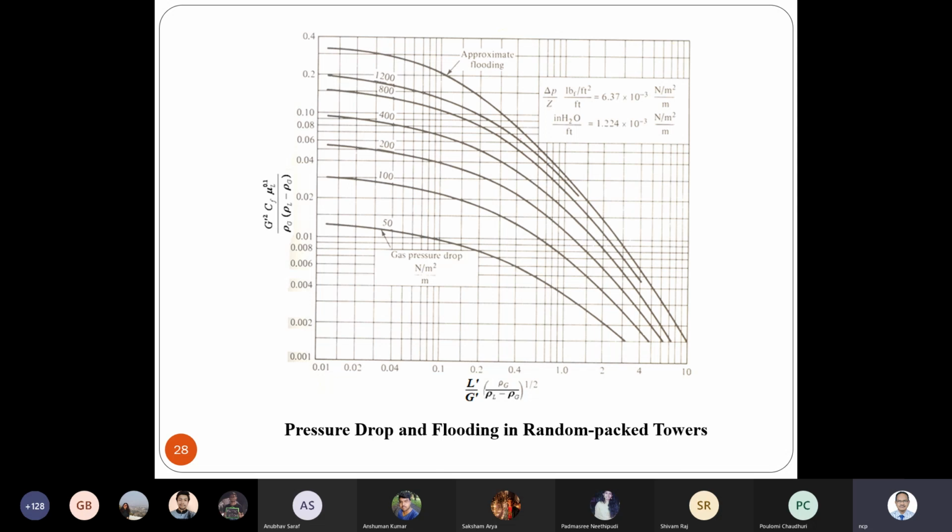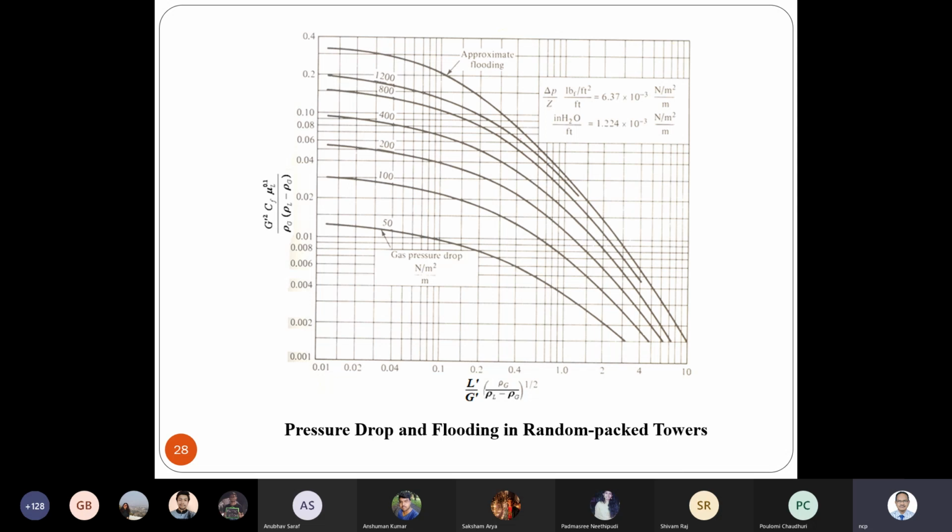Similarly, in this case, whether it is foaming or non-foaming will not matter much. But still, generally, for better operation of the tower, we take the actual velocity as a certain percentage of the flooding velocity. Generally we take 75 to 80% of the flooding velocity as the actual velocity, and we can now find out the actual G dash.